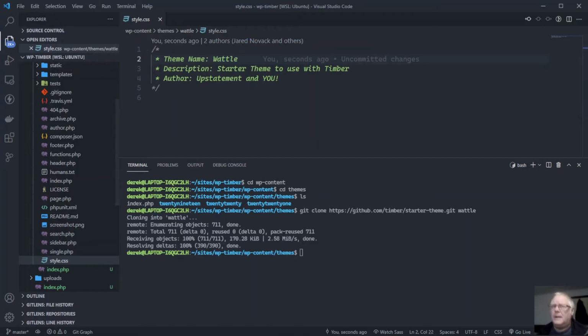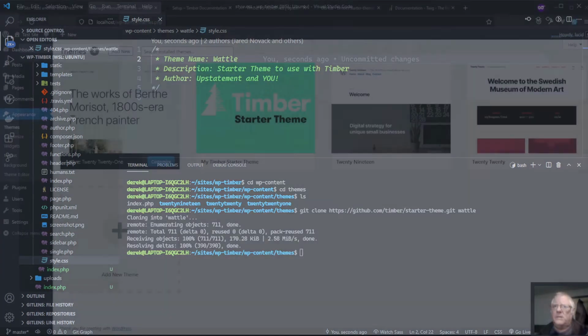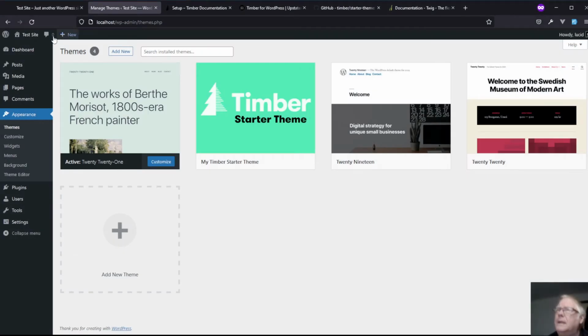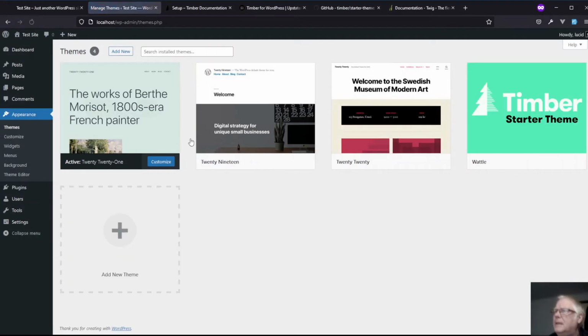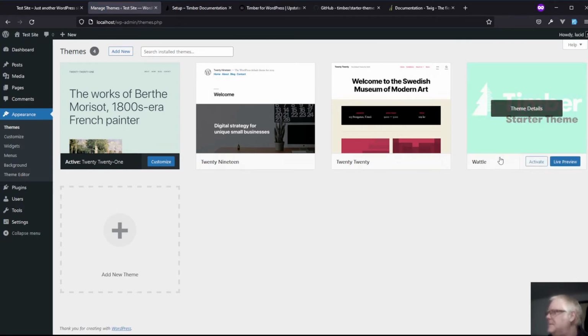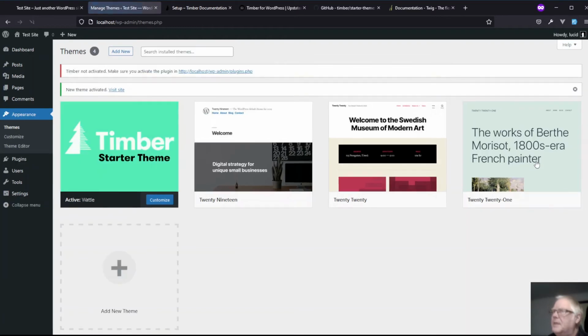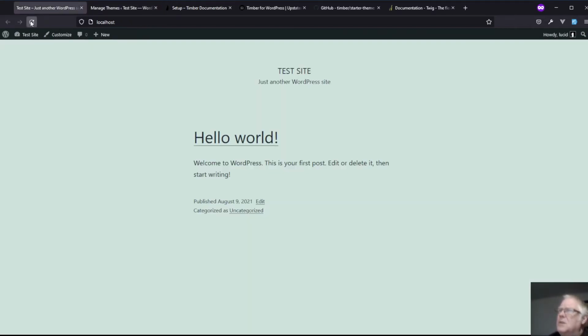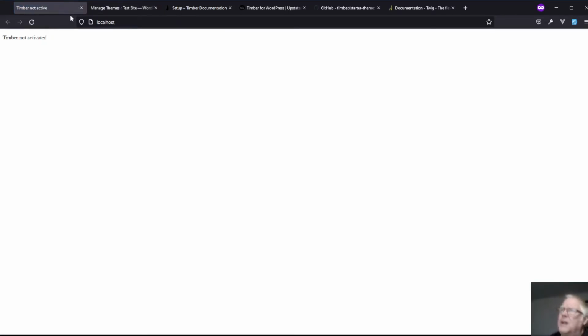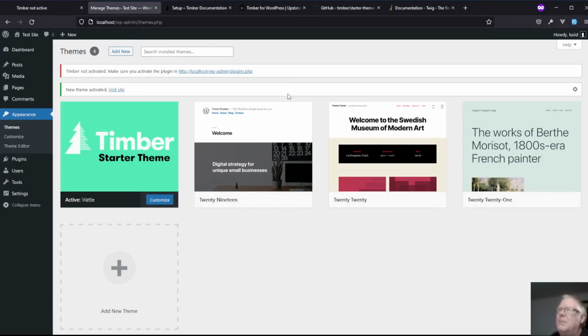Okay, and we'll head back here, and now theme name's been changed to Wattle. Let's activate that, and what do we get? Timber is not activated. Make sure you activate the plugins. If we look at the website, and Timber is not activated, so one more step to go,